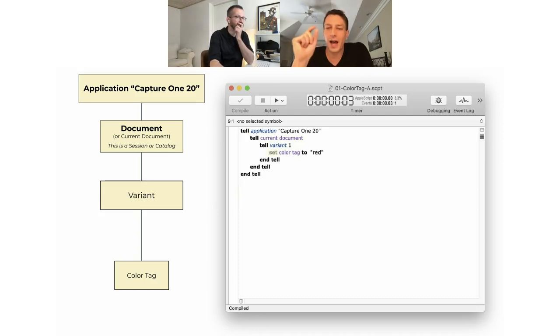All right, so for that essential line of code where we're actually doing something, we're going to use the verb set. So we've told application Capture 120 to tell the current document, to tell variant 1 to do something to its color tag. What do we want to do? What is that verb? It is set. Set the color tag to red. So we have some valid looking code. We have successfully parsed the object model. We're ready to roll. Let's push play, and